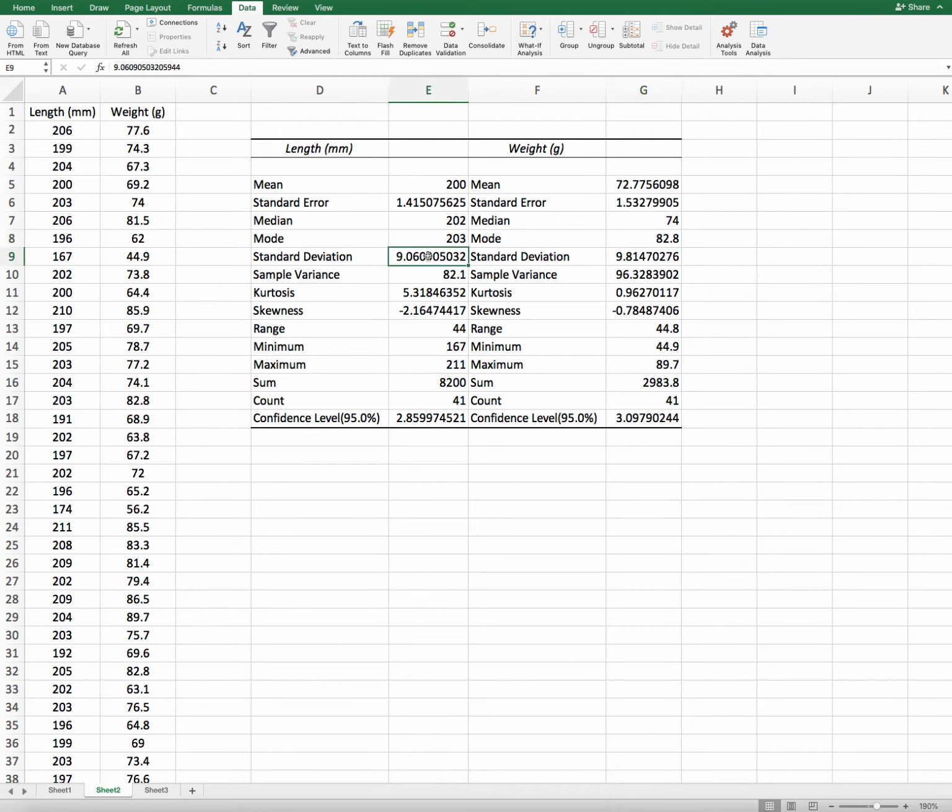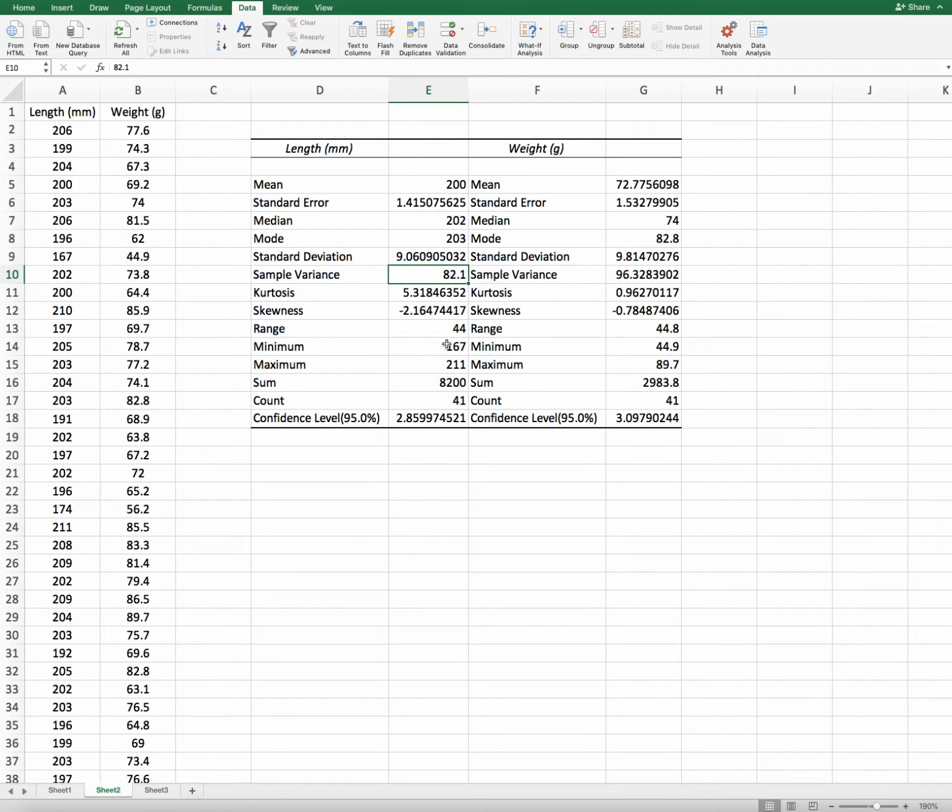Standard deviation shows how the data varies from the mean. The sample variance equation we have already discussed: from the mean, subtract each of x1, x2, x3, then take their square and divide by n. That is the simple variance equation, which we discussed in our previous lecture. Here the kurtosis and skewness give you the shape of the data, how it looks. And the range is basically from minimum to maximum, how the data is ranging.